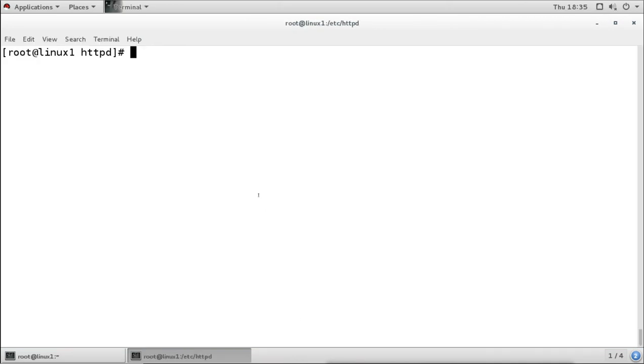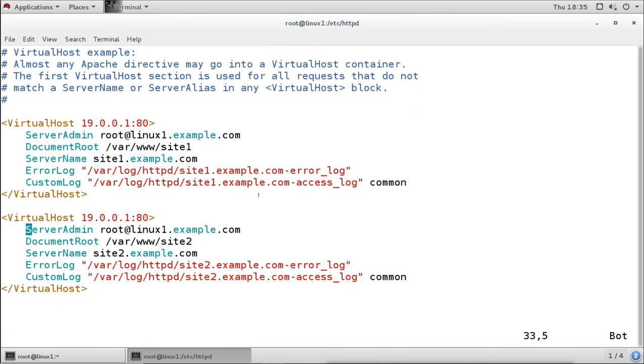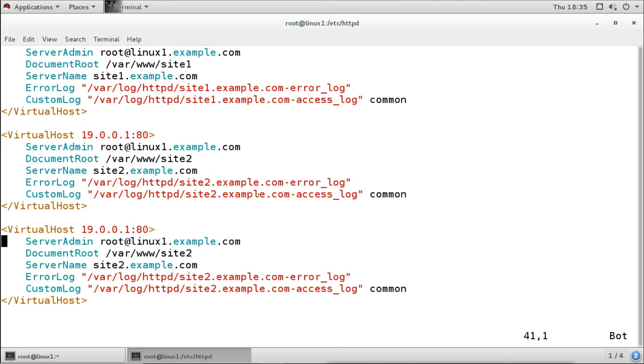Now I will create one more site very quickly, but this time I will change a little thing. I will go to the configuration file first. I will copy these 7 lines and create the new configuration here. Now this will be our site 3, but I will change the directory location.